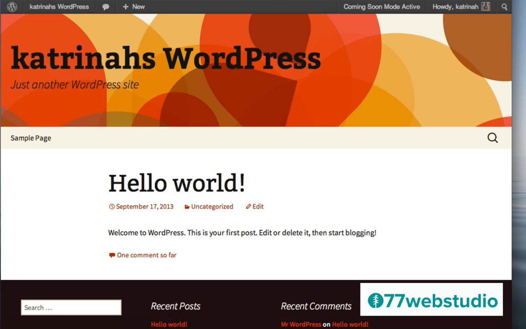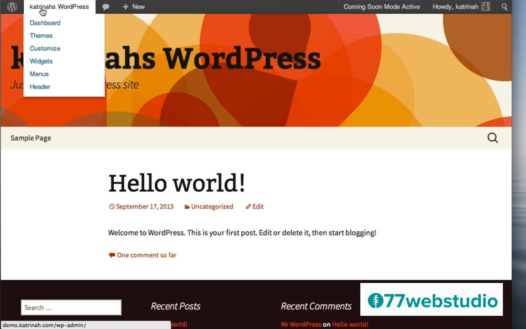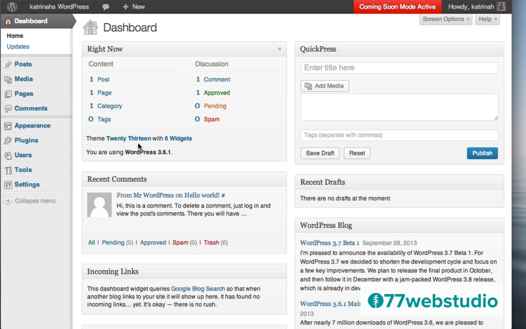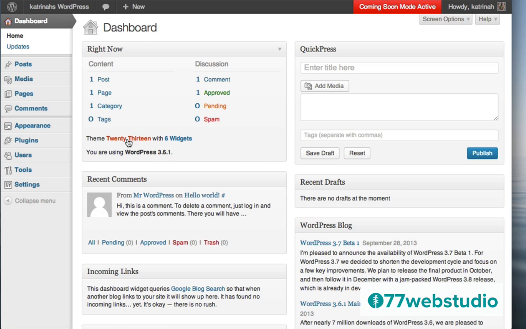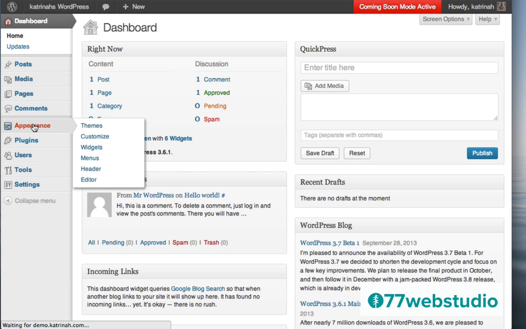Going back to our WordPress dashboard, the first thing we need to do is click on Dashboard here to go back to the dashboard. And here on the dashboard where it says Appearance, we need to change the theme from the 2013 theme. We see that currently when you install WordPress 3.6.1, the 2013 theme is automatically installed. So what we need to do is change this theme so that Virtue, the theme called Virtue, is installed instead. The first step is to change the theme, and we do that by going to the left-hand side, clicking on Appearance.